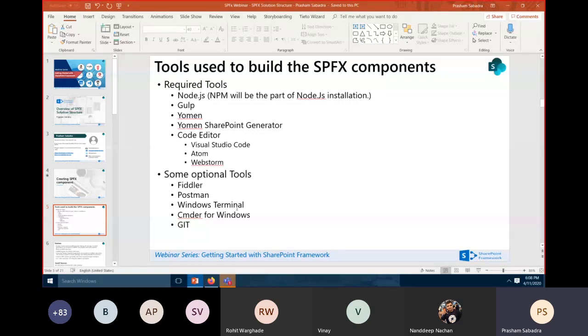To build SharePoint Framework components, whether the SPFx web part, the extension, or now the library components, which are also available,